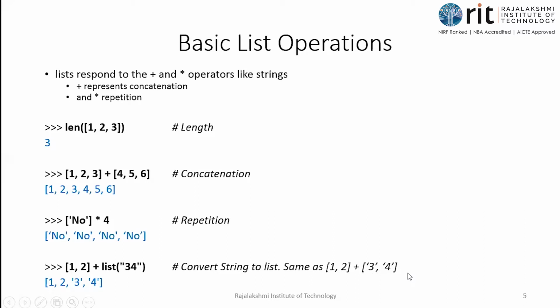So I've got a list on either side. 3 and 4 is within quotes. Look at this, this is very, very important. I'm converting a string into a list, which means all the list elements should also be of type string only. Many people forget to give the quotes here. They write 1, 2, 3, 4 as if they are integers, and that would be an error.